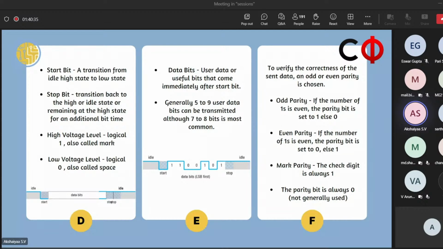The parity bit is a measure of the correctness of the data received. Any data will be in the form of zeros and ones, right? That's how computers or any device understand. So those are the data bits which will be sent. Now, there is odd parity, even parity, and mark parity bit. Odd parity means that if the number of ones in the useful bits is even, then the parity bit is set to 1, otherwise 0. And vice versa for the even parity case. And mark parity means that the check bit is always 1. So where is parity used? It's used for error correction. We'll be talking about that once you know how this works.